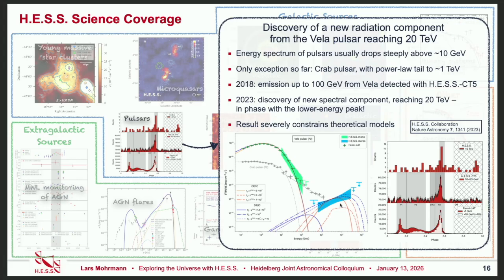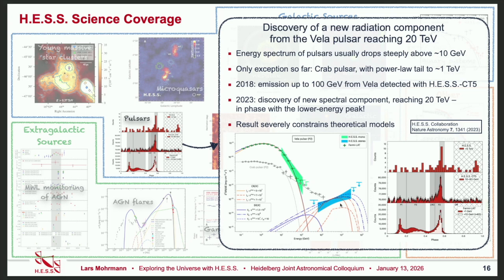Really the only exception so far until recently was the Crab pulsar, which is shown in light gray here, which had a power law-like tail extending really into the TeV domain, which allowed its detection also with IACTs. But this picture has now changed quite dramatically, because recently we were able to discover a new component in the emission from the Vela pulsar, which is shown in blue here, and you can see that it is really clearly a distinct spectral component in this radiation, reaching energies of up to 20 TeV,